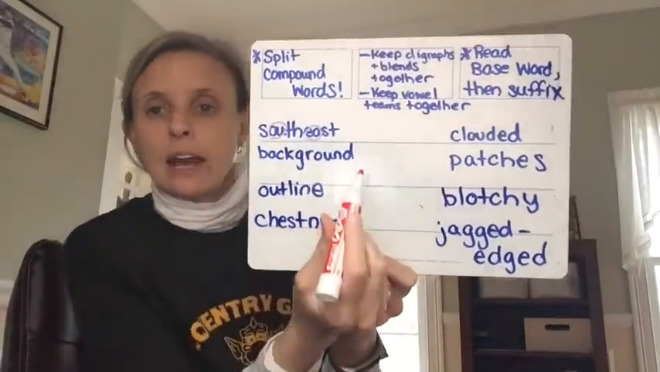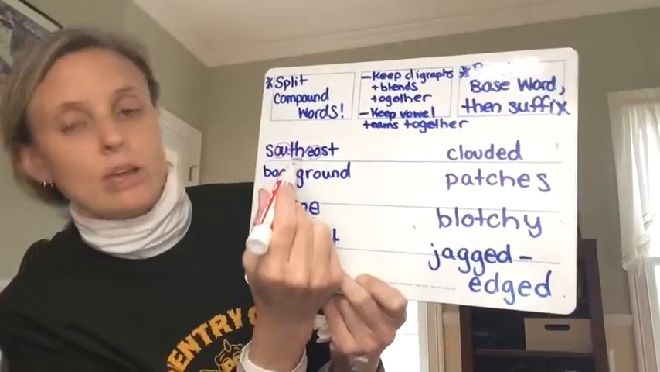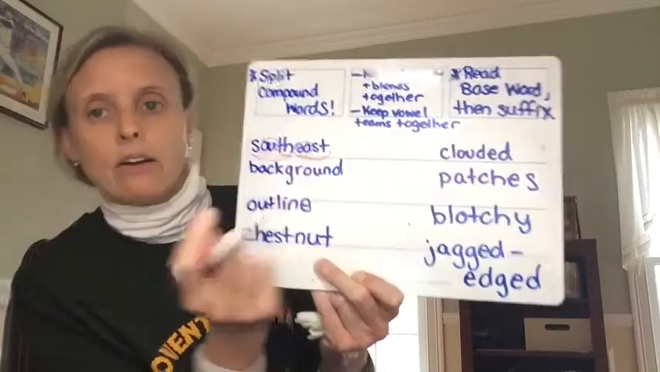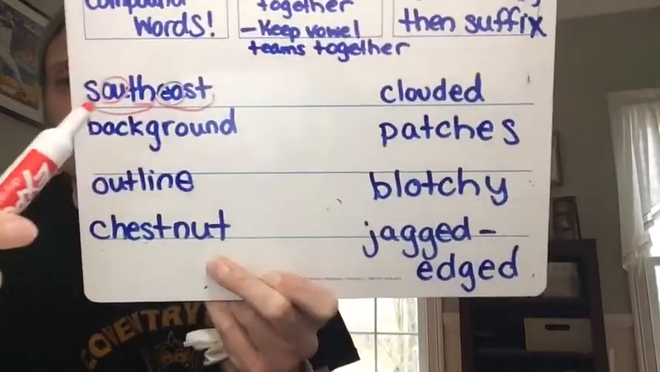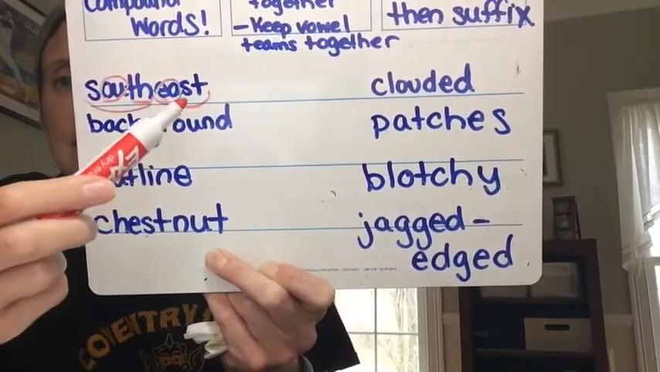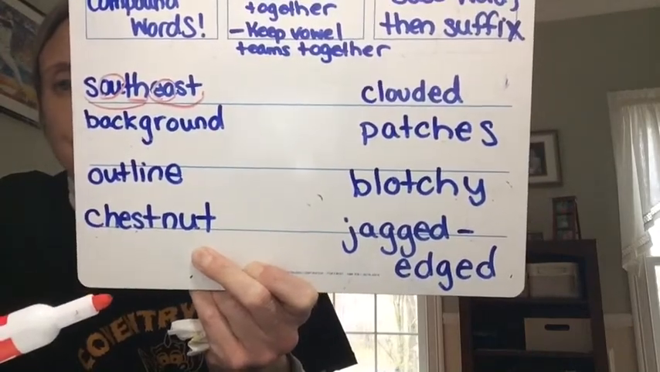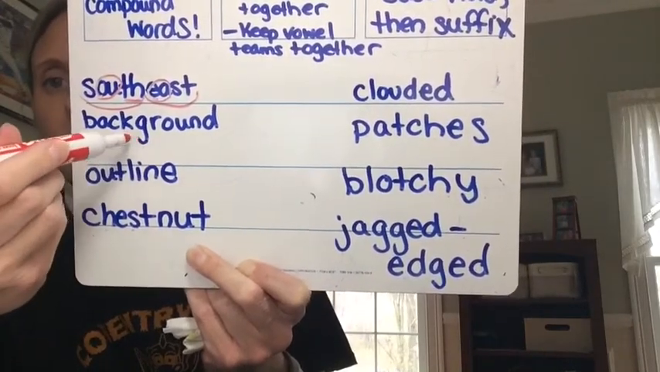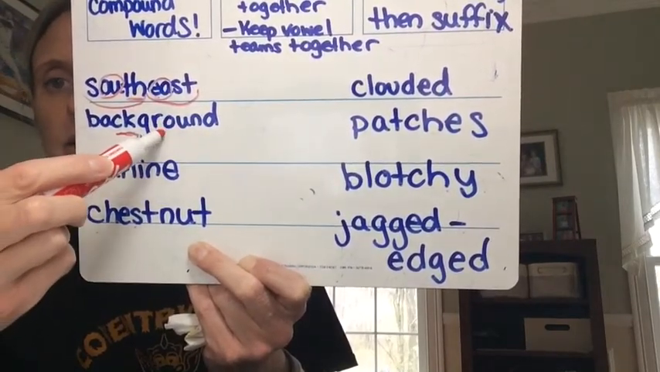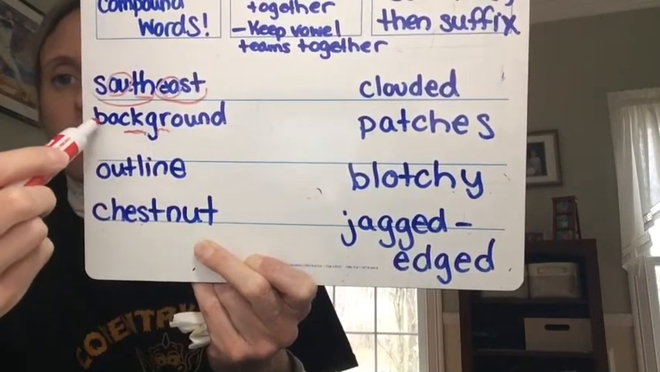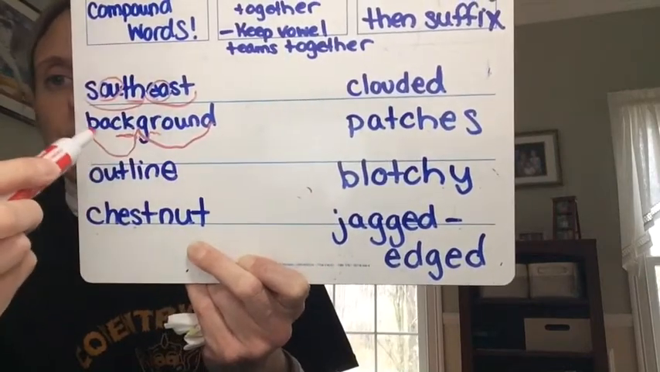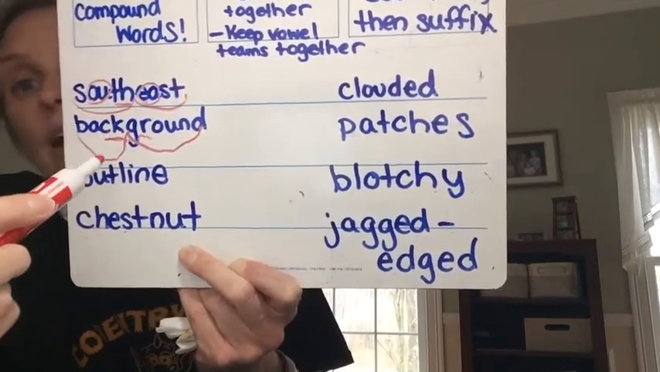Okay, and I see, oh, here's a digraph, TH, so keep that together too. So we would chunk it there if we're keeping that together, and you would read one chunk of the word at a time. South, south. And then we have east, southeast. Okay, the same applies here. We see a digraph, keep that together. Here's a blend, GR, grr. So we'll chunk it between those 2. Okay, so you probably recognize that without tapping it out. That's back,